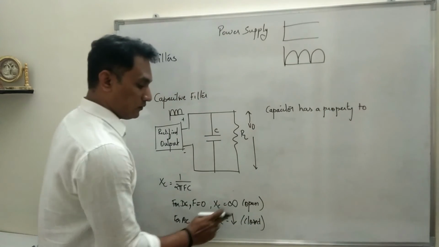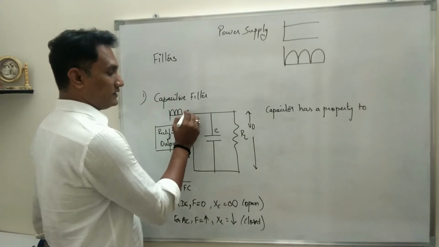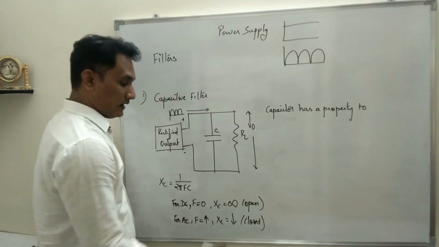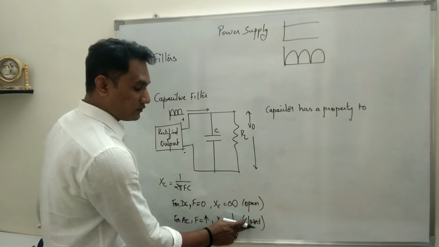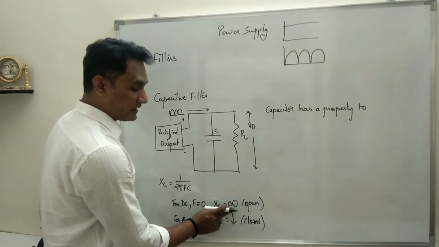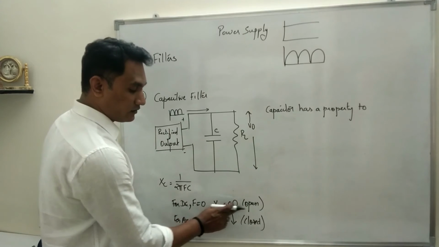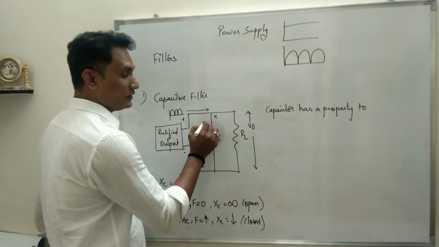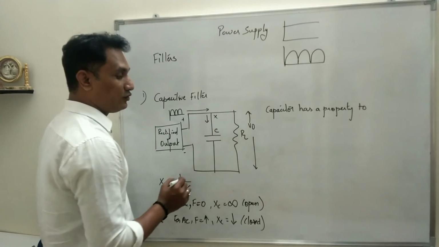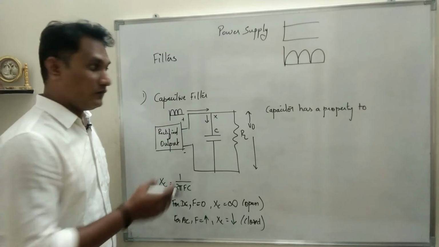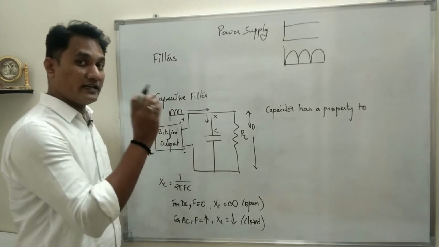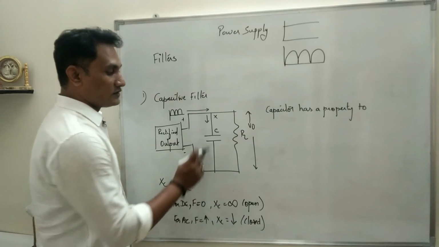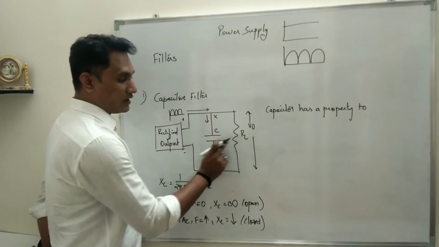See, this signal which has both AC as well as DC will come up to this point, and for the AC signal it is acting as a closed switch, for the DC signal it is acting as an open switch. That means it will not allow the DC signal to pass through it, but it will allow the AC signal to pass through it, and that is what we want. We want to remove the AC component which is mixed in the DC component at the output of the rectifier. That is why the capacitor is connected in parallel to the load resistance.